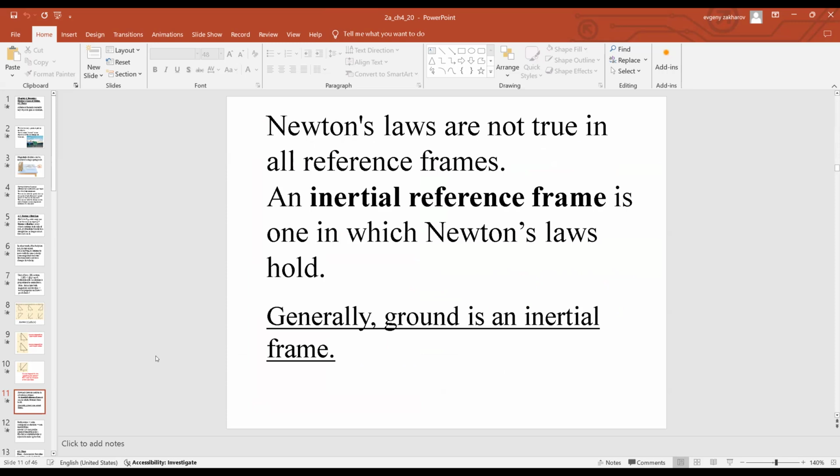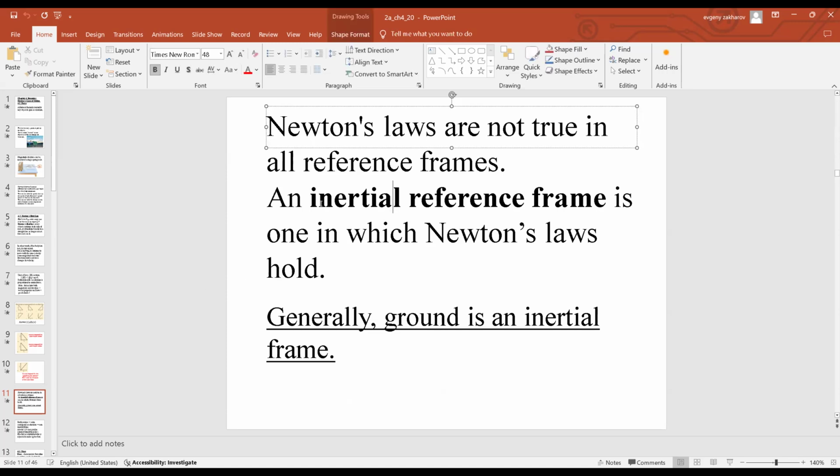Now, remember reference frames. You have X and Y axis to show and to define. And it turns out that only inertial reference frames are good for Newton's laws. Newton's laws will not work in a non-inertial reference frame. Now, of course, your question is, what is an inertial reference frame? What's so special about an inertial reference frame? And the answer is simple. This reference frame